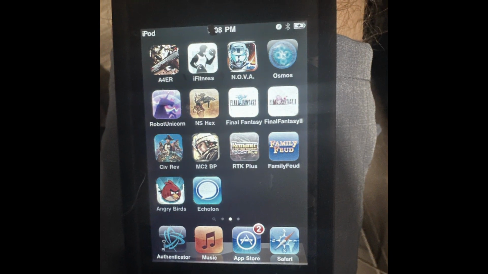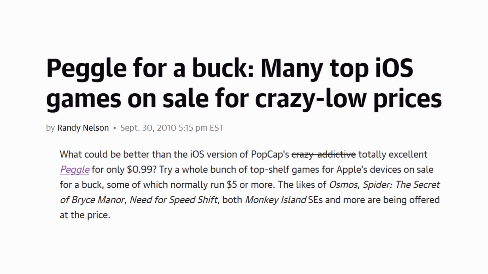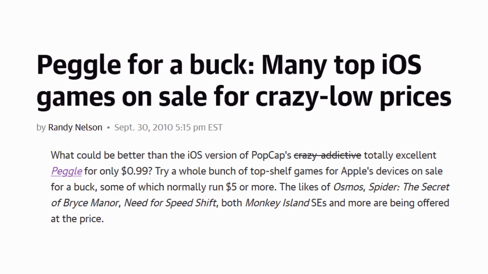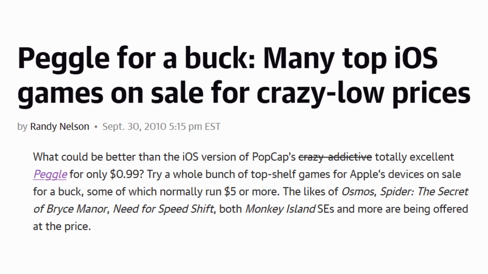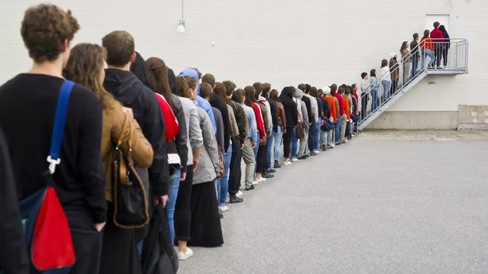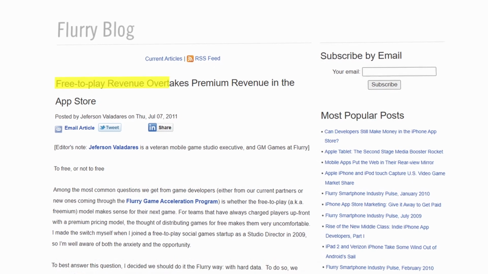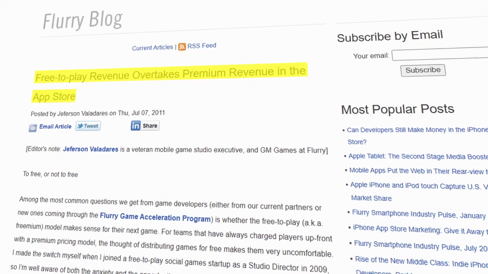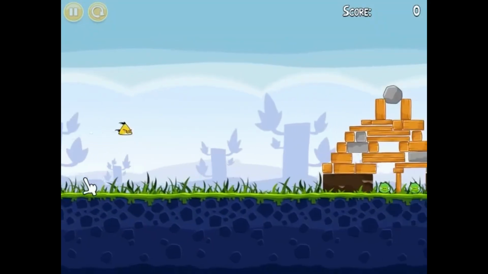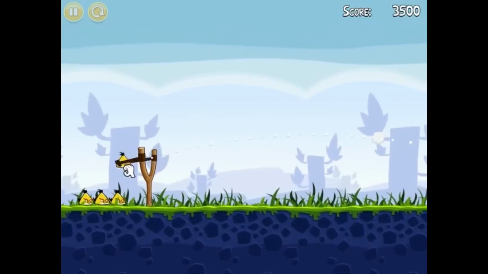But that fell apart fast because of a race to the bottom on price. Developers kept undercutting each other and running constant sales to climb the charts, so 99 cents became the ceiling instead of the floor. And players got trained to just wait for everything to be free. And once free-to-play proved it made more money, the paid market got wiped out. By 2013, around 92% of iOS revenue was already coming from free games with in-app purchases.